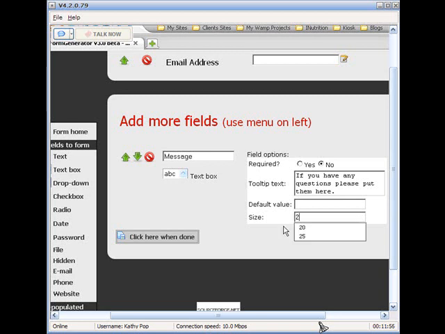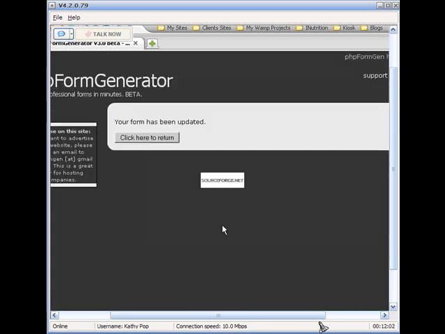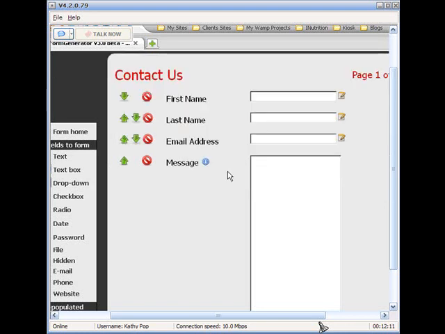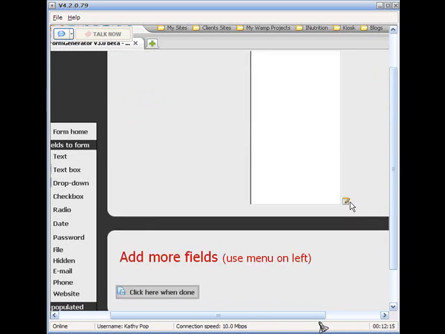So we want to make it 30 columns. Click done. Now, I don't know why it does this, but you click return and you'll come back and you'll see you have a great big long box. So we'll go down here and we'll click on the edit,